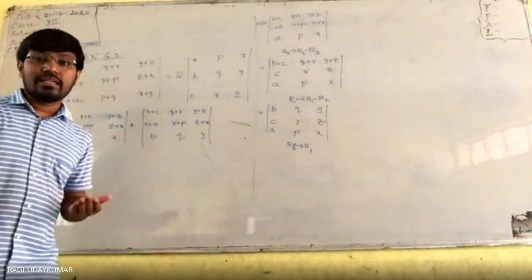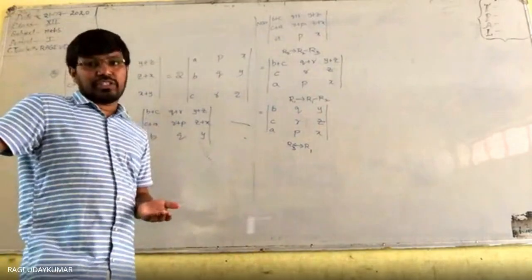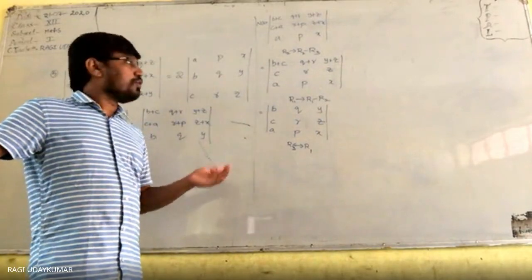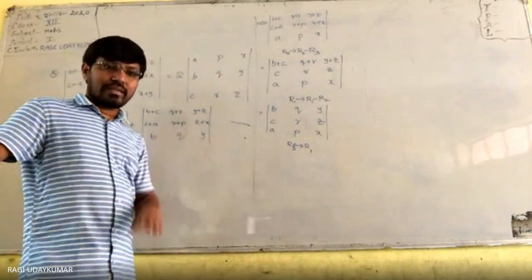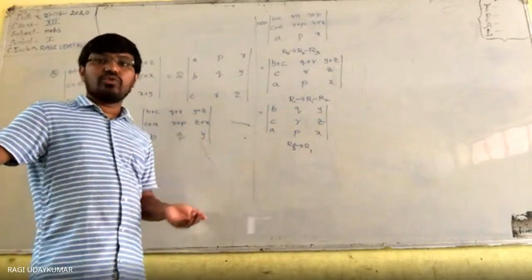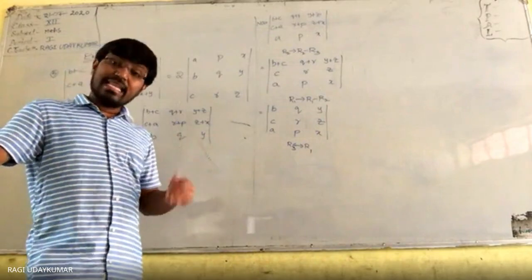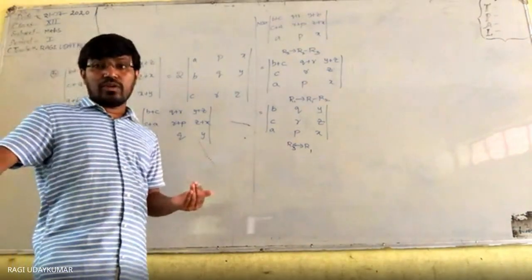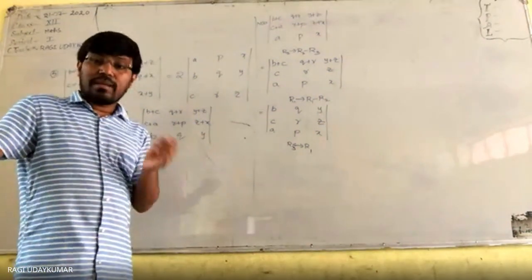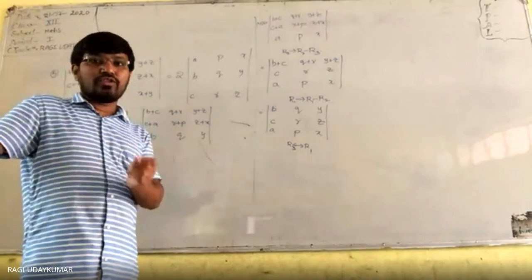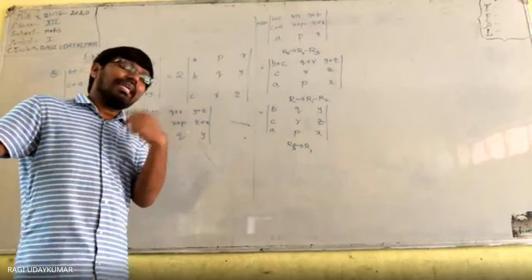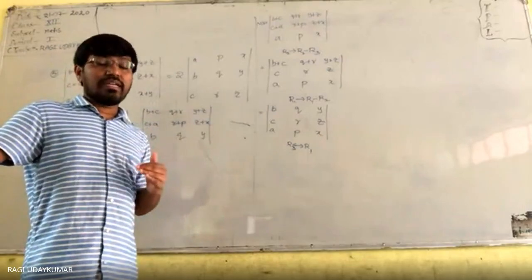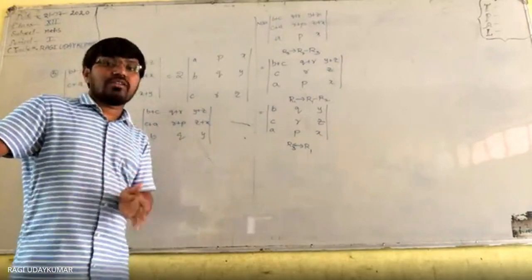Fifth property is that any row transformations, means you can add the 2 rows or you can subtract the 2 rows. What we did in the previous problem, C1 tends to C1 plus 9 C2. Like that, any transformation if you apply on a determinant of the matrix, then the resulting determinant value does not change.